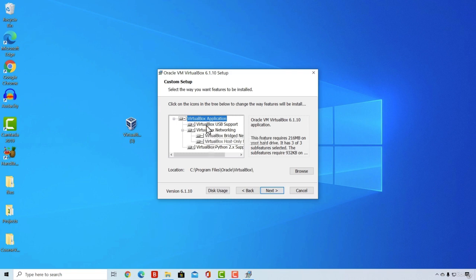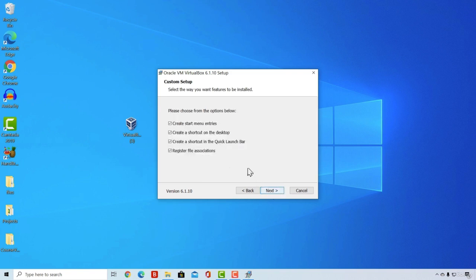And the only thing that you might consider changing right here is this location part. If you want to change the location of VirtualBox, you can do that right here, but since I won't be doing that, I will just click on next to proceed to the next step. Here you can select whether you want a shortcut on the desktop, whether you want start menu entries. I will leave all of this checked since I want all of that, and I will click on